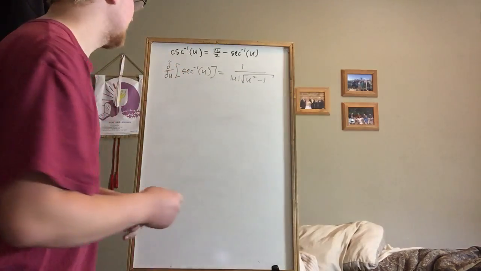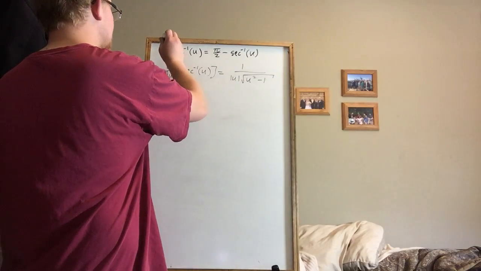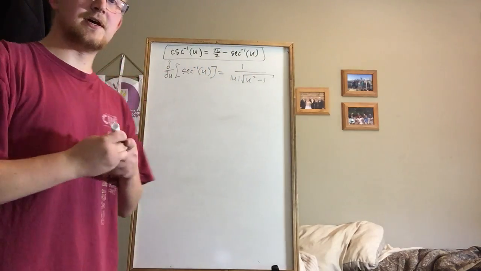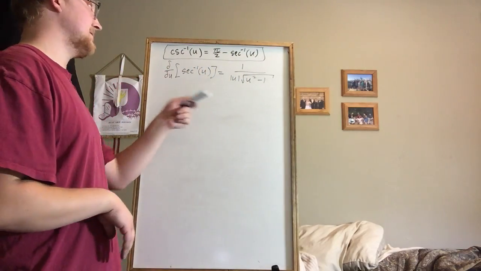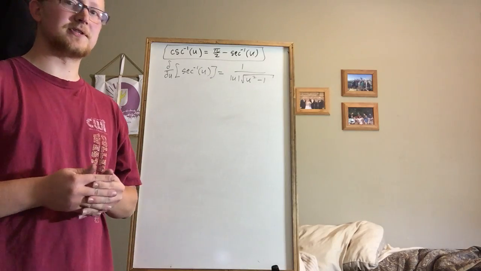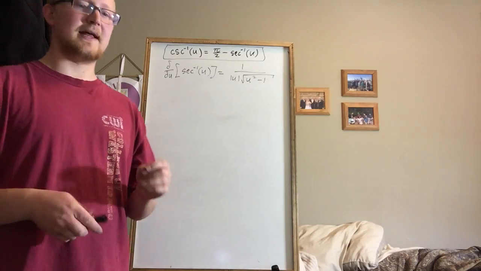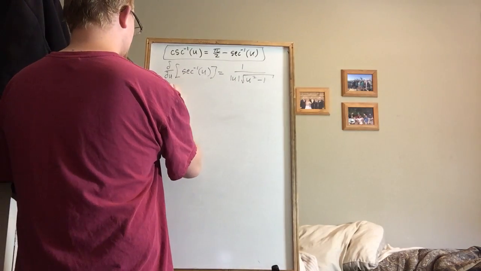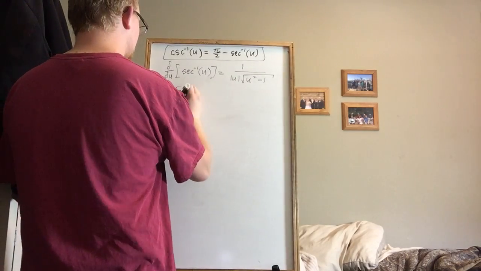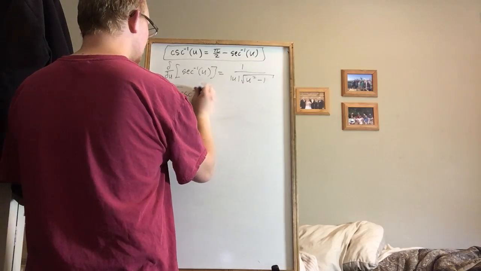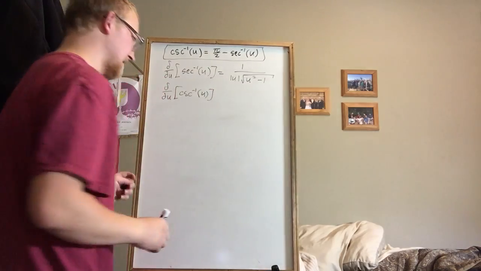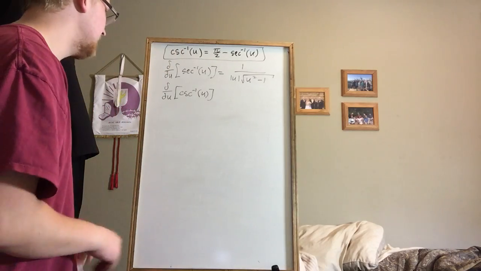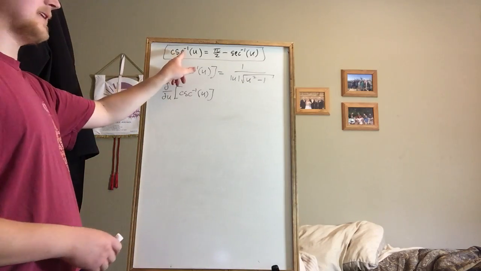So anyways, they start off by saying, here is a trig identity. The trig identity is that the inverse cosecant of u is equal to pi halves minus the inverse secant of u. And using that, they would like you to figure out what is the derivative with respect to u of inverse cosecant of u. Alright, so how we're going to do this is we're going to start with this identity,